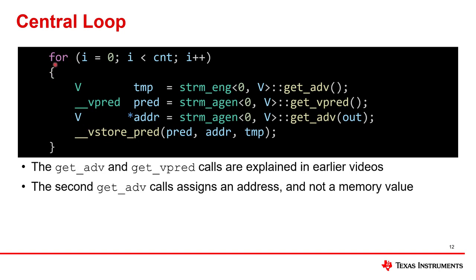But before I do that, I want to point out that I've built this code for a few different instances of S. S is an unsigned char or an int, and in every case I've tried, I get an II of 1 for this loop. So for a loop that's doing a vector load and a vector store, and there's a lot going on, getting it all into an II of 1 is a very good result. This is really what we want. This is really why we're using C7000, to be able to do this much work in a single cycle.